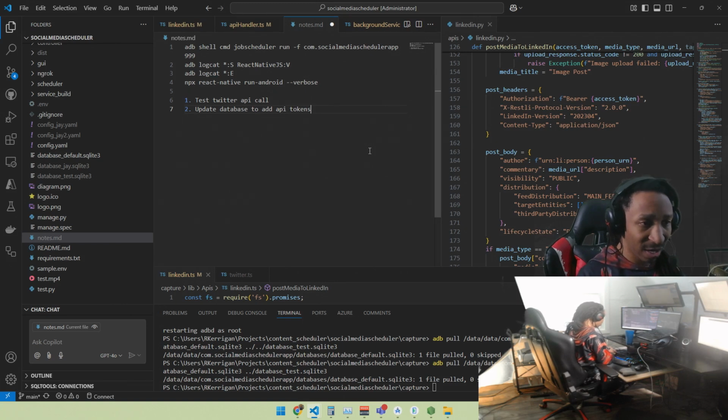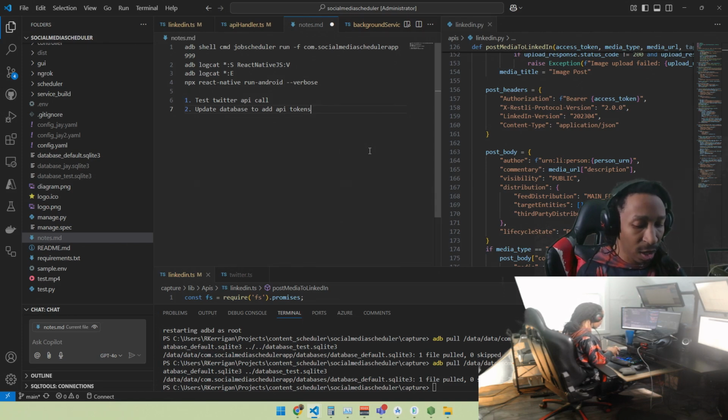But then again, that's not really going to matter. If someone was able to hack their phone to get to the database anyway, it's not going to matter if it's in clear text or not. That's kind of stupid of me because now you could make it with hash, but I would probably then have that hash somewhere else and then have it where it's like their own hash setup, their own secure setup. But test Twitter API call, update database to add API tokens,